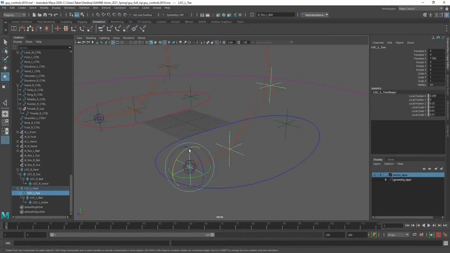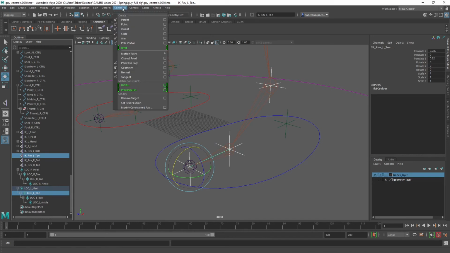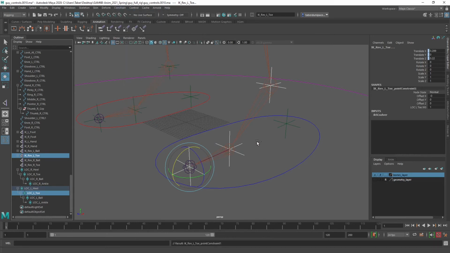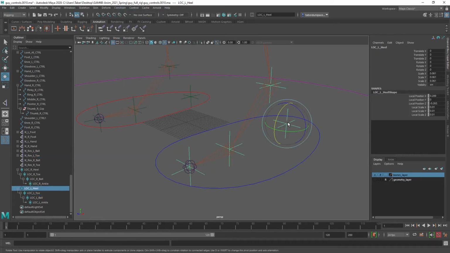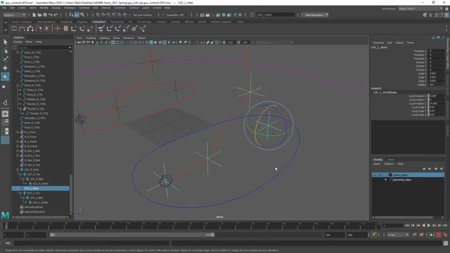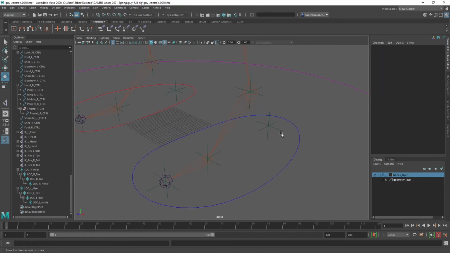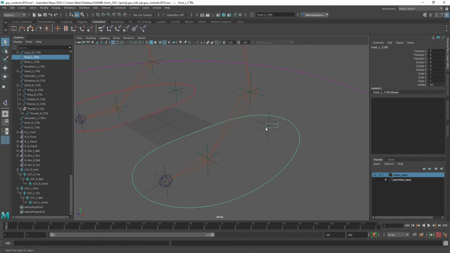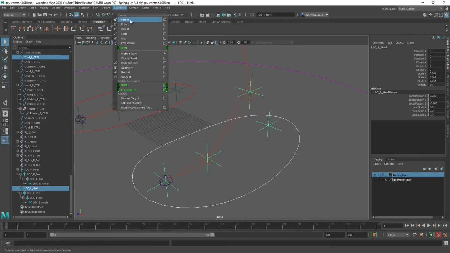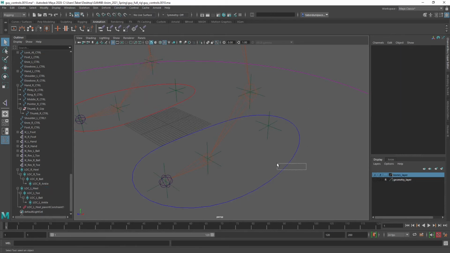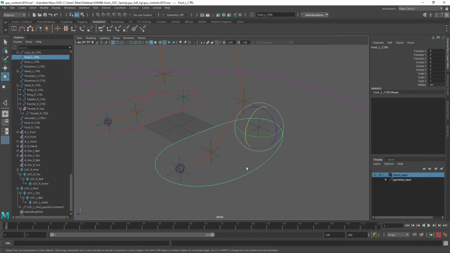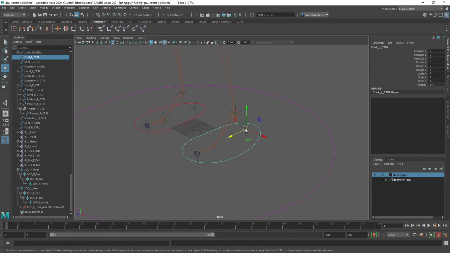And for the toe, we want to point constrain the left toe, reverse left toe. All these are just point. And for this one, it's just going to be moved by the controller. So we'll parent constrain that because we do want rotation as a part of that. So constrainer, constrained, parent. So what this should mean is if I grab the controller on the ground and move it, the